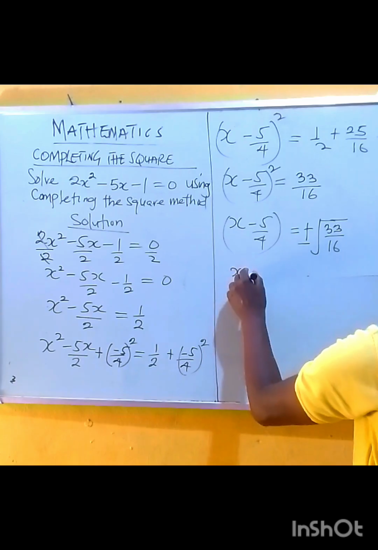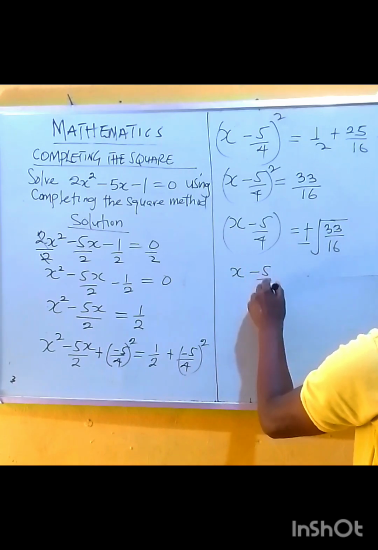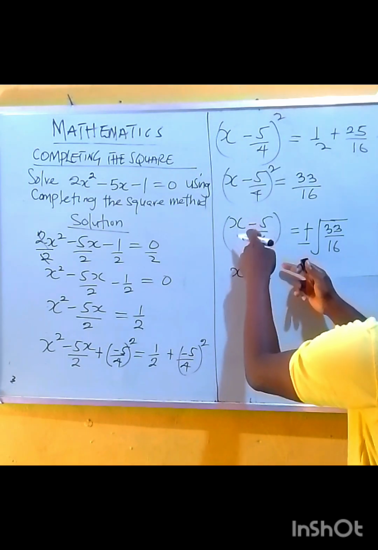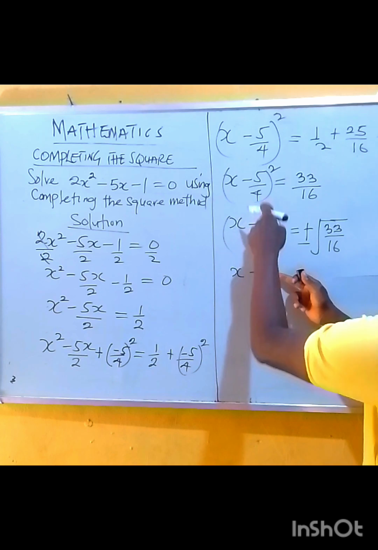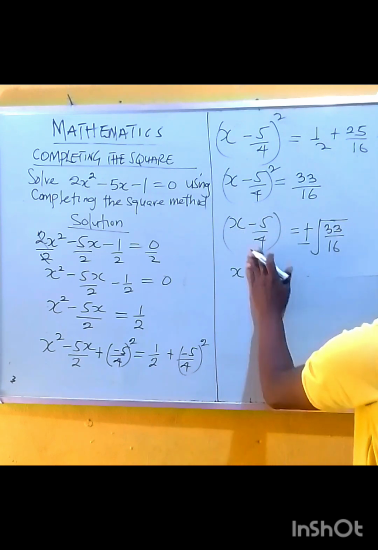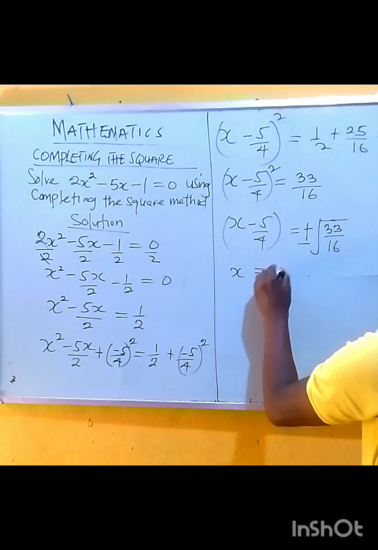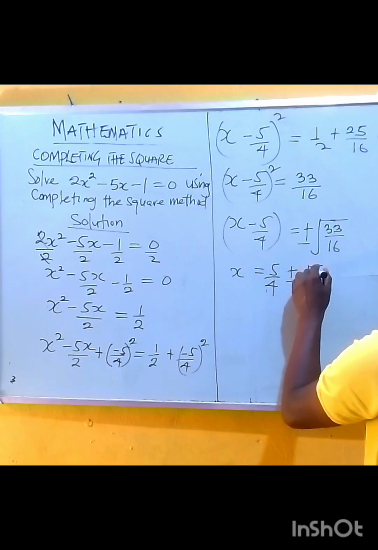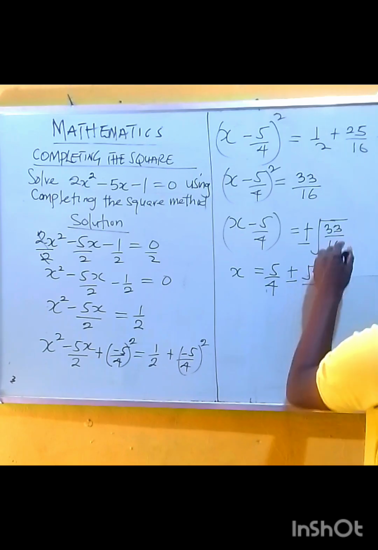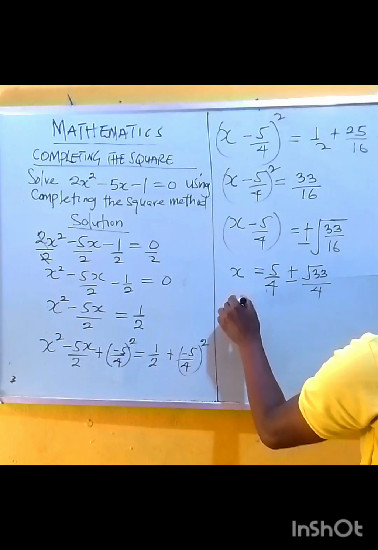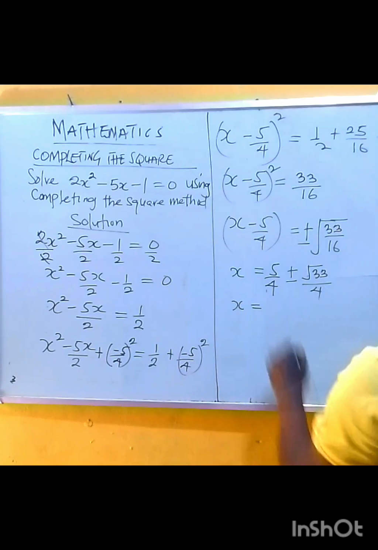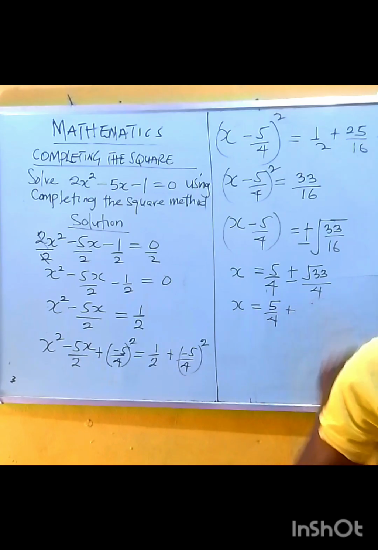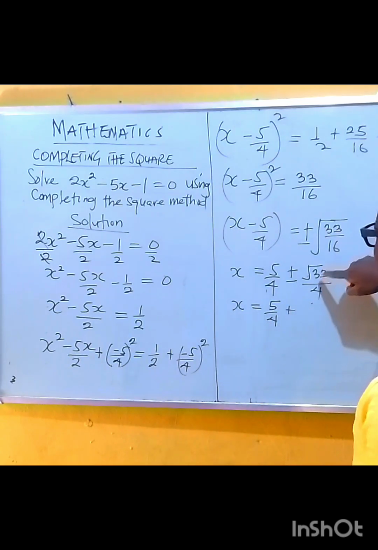Now, we have x minus 5 over 4. Now, because we are looking for x, moving minus 5 over 4 to the other side, we'll now be having x is equal to what? 5 over 4 plus or minus the square root of 33 over the square root of 16, which is 4. At this point, x is equal to 5 over 4 plus the square root of 33